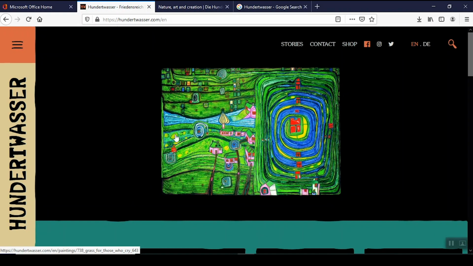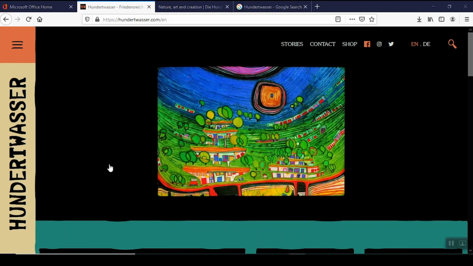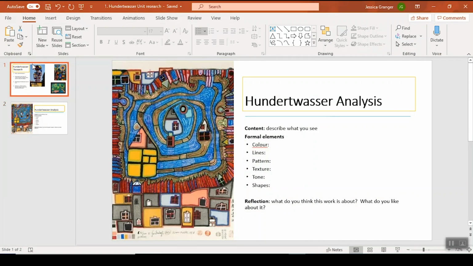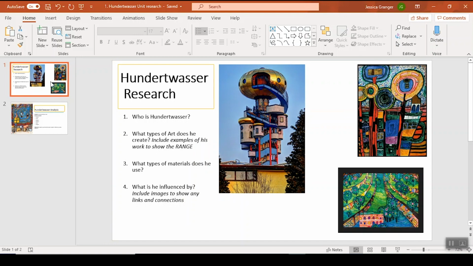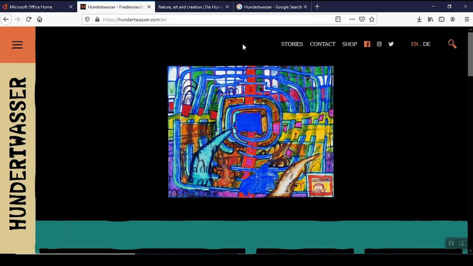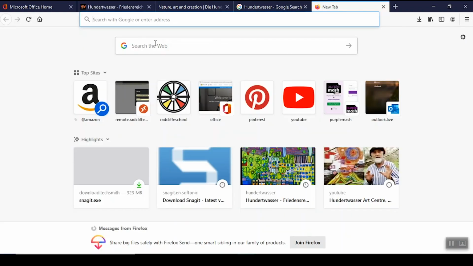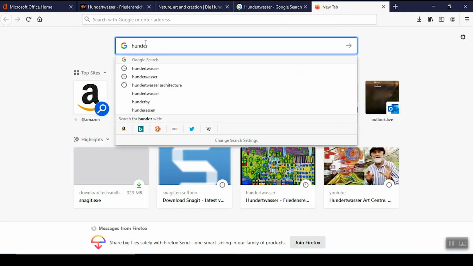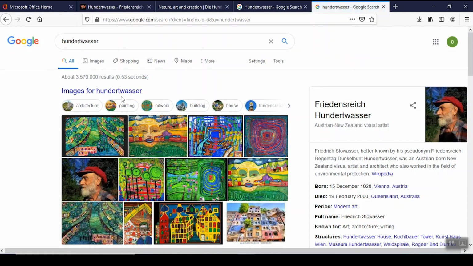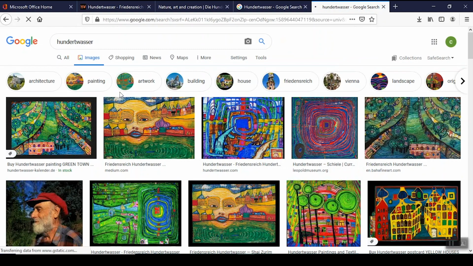So if I go back to looking at my PowerPoint that I've been making with my research, where I want to have some more images in this section here, it's probably better for me to get them from that website than it would be to get them from just straight up Googling. Because if you Google these images, you don't know where they're going to go back to. So let's do Hundertwasser. You can tell I've been teaching phonics if I'm going to start spelling things out like that for myself, can't you? So if I do my images for Hundertwasser there,